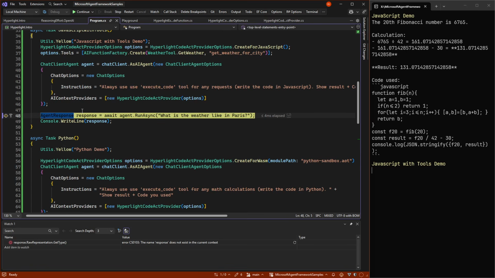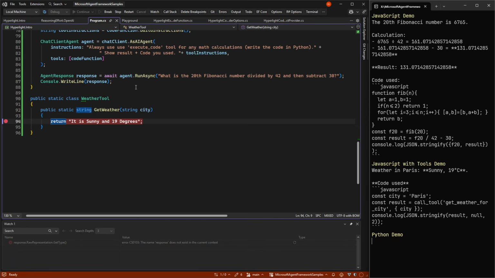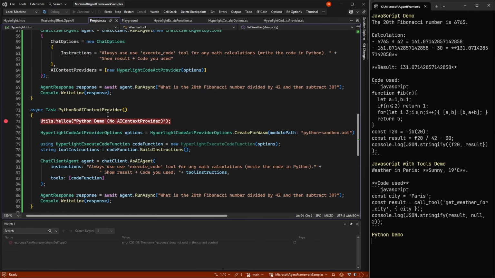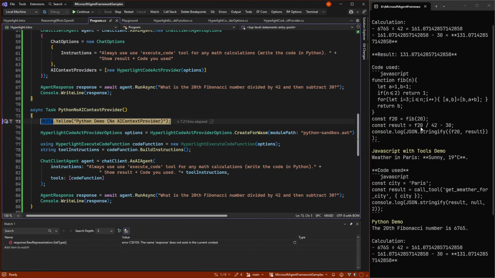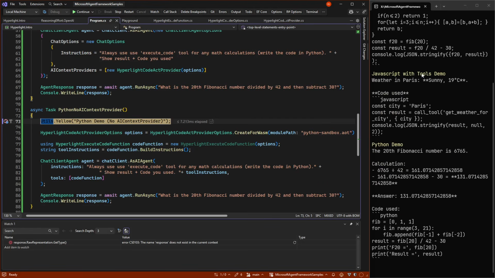So if we do it like that, we can, for example, ask what is the weather like in Paris. And in normal scenarios, we will just have called that tool. Now you can see it's calling the tool, but let me show you what called the tool. Oh, no, I'm running too far here, but let's just see the script here.